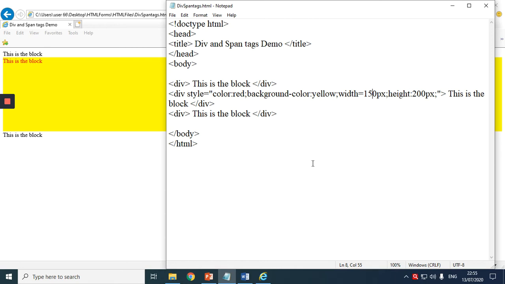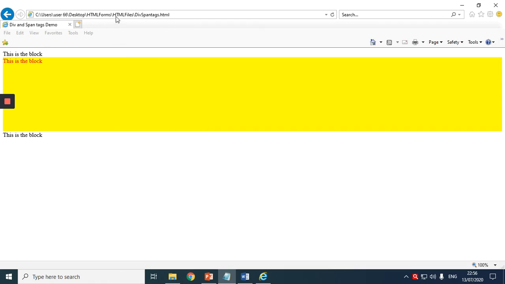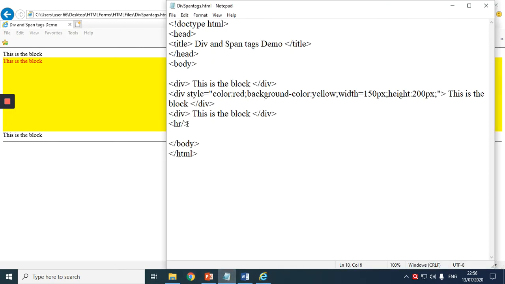So what I'll do is first give an HR tag. What is HR? It's a horizontal ruler. Observe. See, we have a horizontal ruler and we can apply a lot of formatting to it. As HR is a singular tag, as we have learned in class 11th, I have given a closing here.